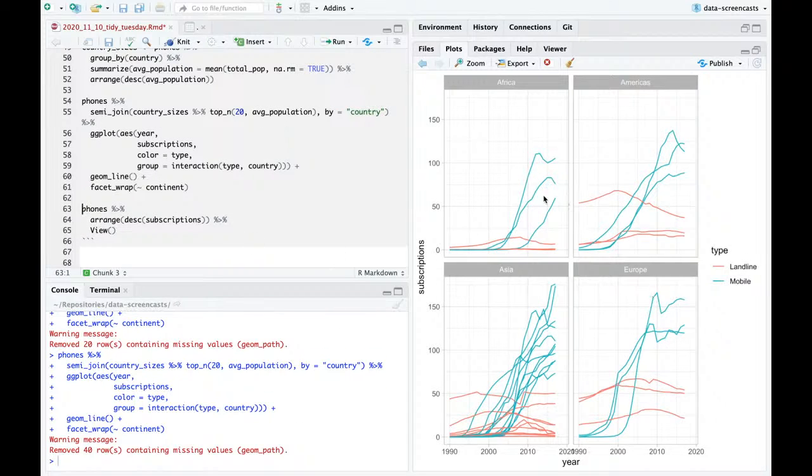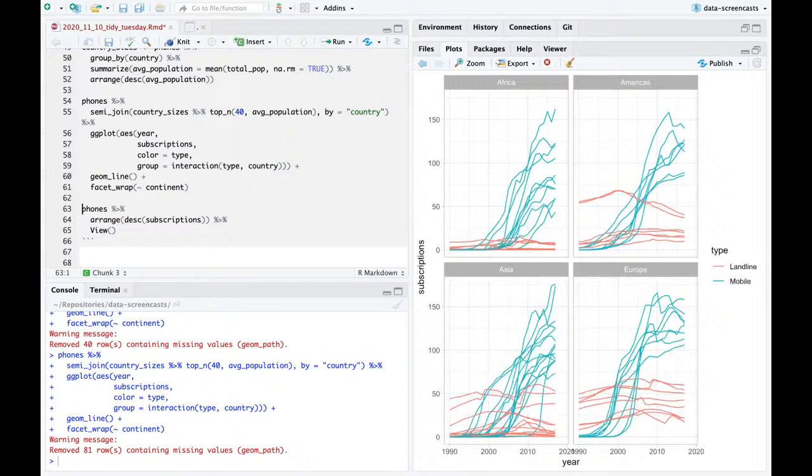Okay, so now what I'm looking at is, I'm going to do top 40. Sure. Okay. What I can see there is that in Africa, generally none of these are the largest countries. None of the largest countries in Africa ever got past about 20 landline subscriptions per person, but mobile explodes around like 2000, 2005, 2010. So you can see this kind of like, okay, when does mobile,